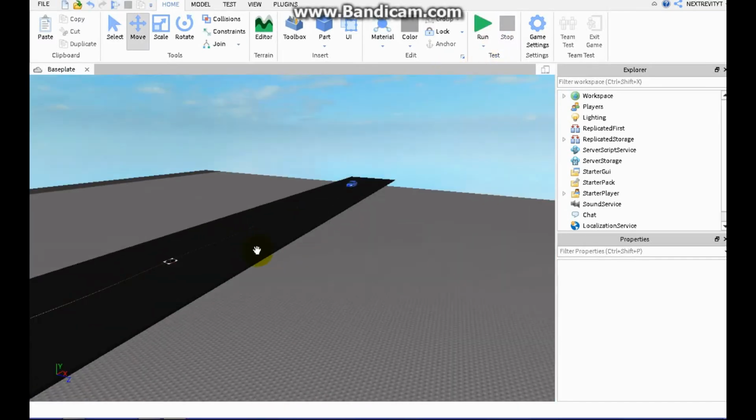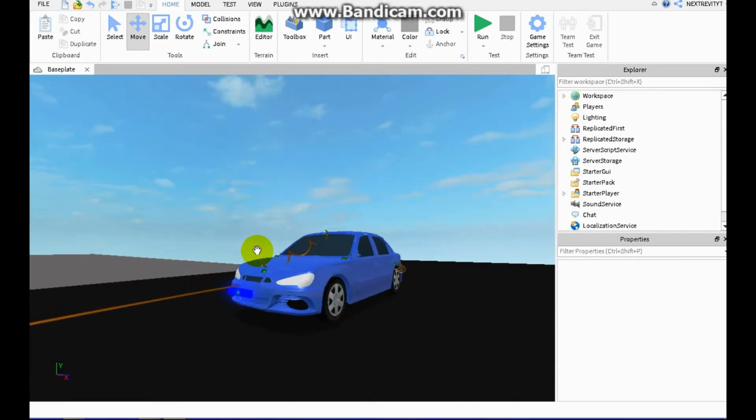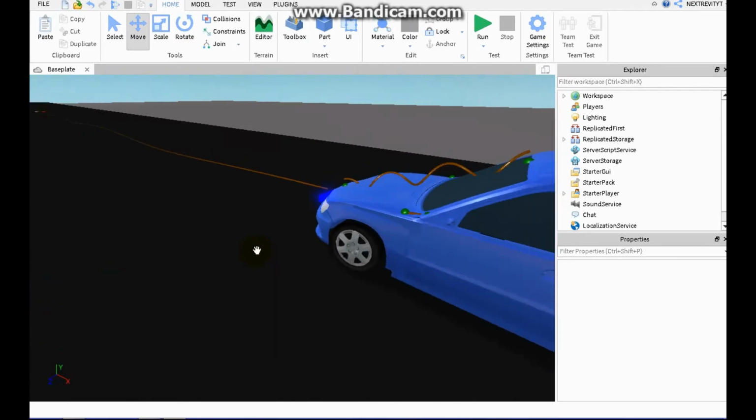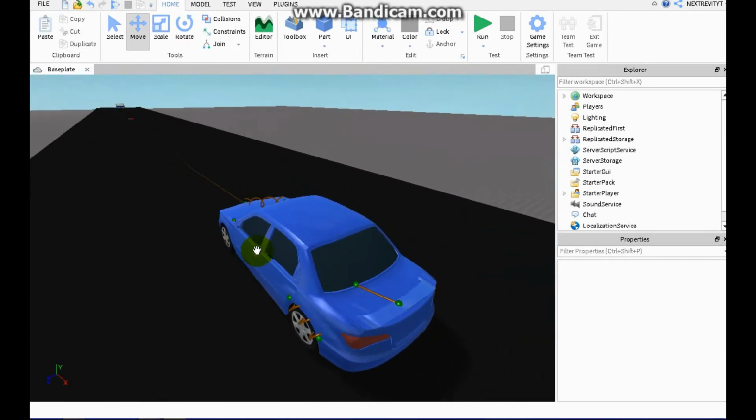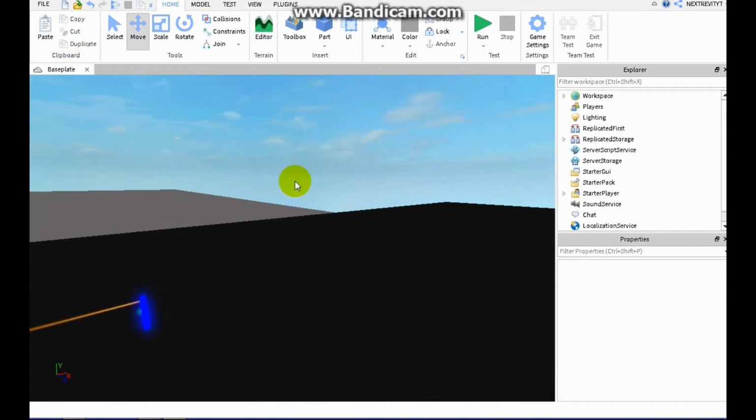Sometimes cars take a little bit, especially a chassis, because they have a little bit of time before they initialize and become unanchored and ready to drive. So you can use this with a different car. For example, let's get rid of this car. And let's put